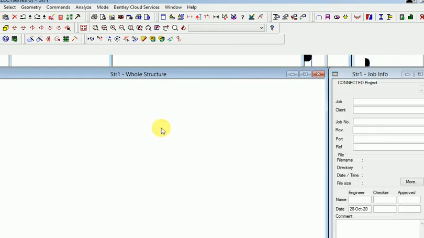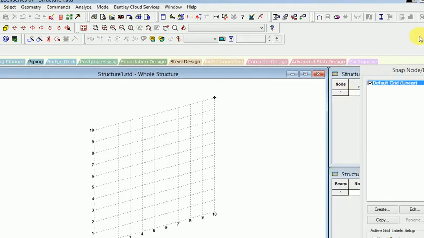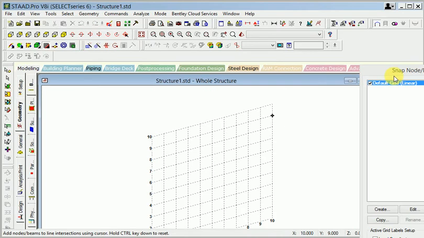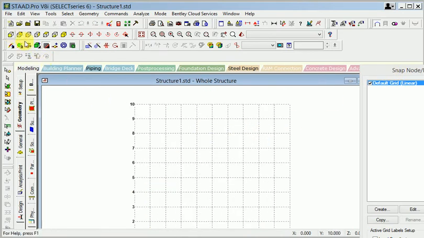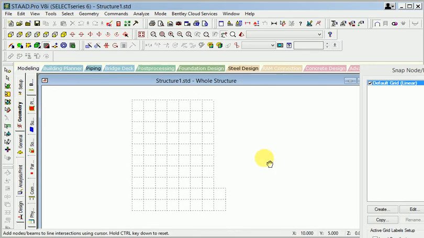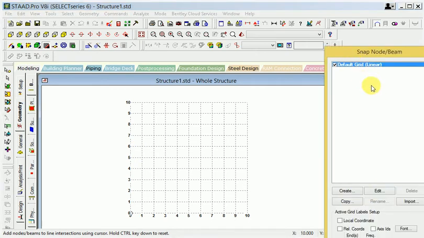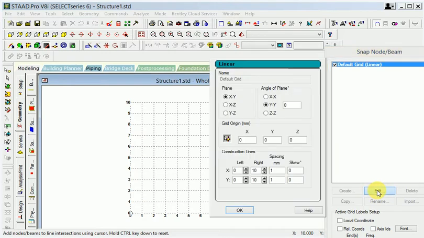Now we add beam and go to finish. It comes from the STAAD.Pro background. Now look at this here, the grid member when I apply the front view. See this grid member, I want to increase this grid, so we will edit here. Look at this one, snap node beam generate.